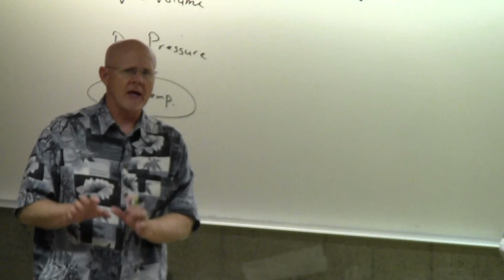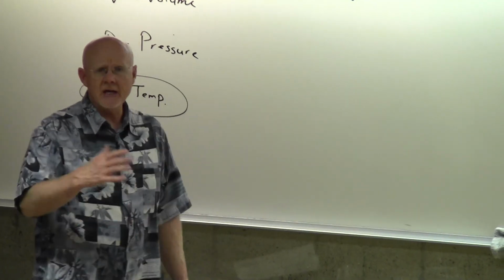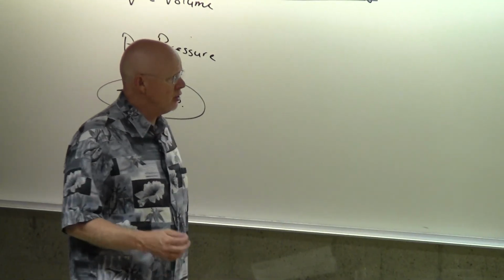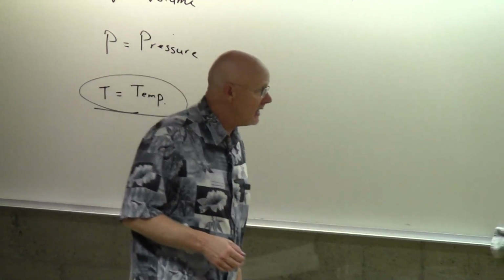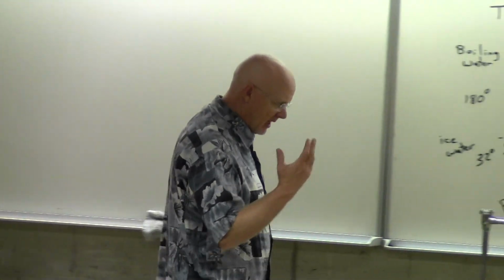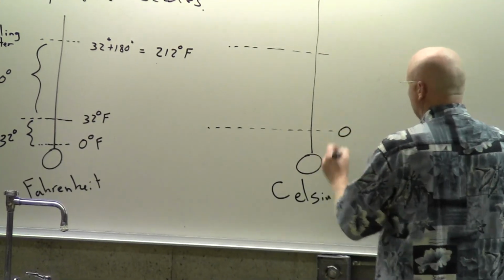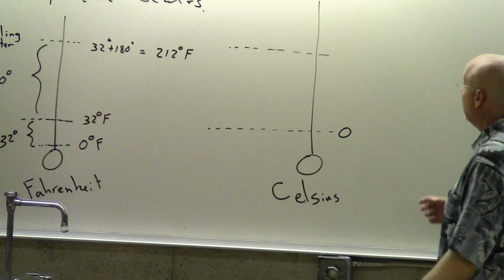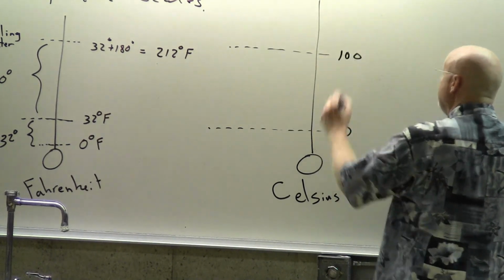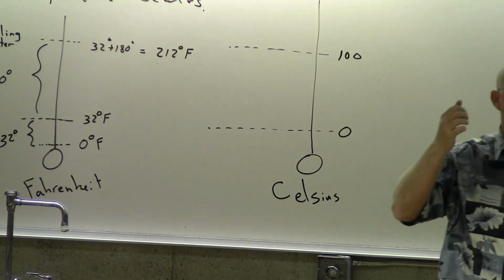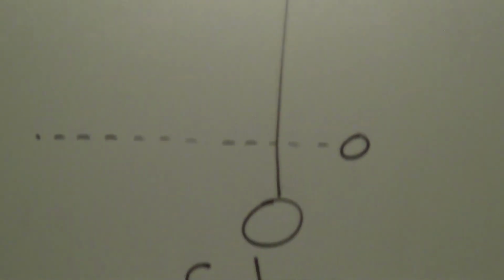So he says, let's get rid of the whole idea of salt water. We only need 2 anyways, so let's just use boiling water and ice water. And because we're talking about multiples of 10, let's take the ice water and call it 0. And then let's take the boiling water and make it a multiple of 10. He could have called it 10, 100, 1,000, 10,000. And he chooses 100. He thought 100 would be a good number of marks. I guess 10 is not enough and 1,000 is too many.